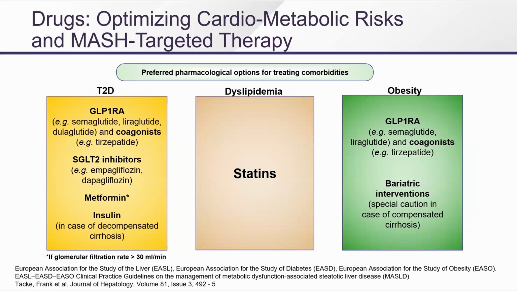Then the second is we do have to manage the cardiometabolic risk. We're going to talk about resmetirom and managing the liver risks, but they're two separate, related, and intertwined issues. We have to address both liver disease and liver fibrosis and the risks. And you have to deal with their type 2 diabetes. You have to make your primary care doctors feel comfortable giving statins to people with abnormal liver tests.